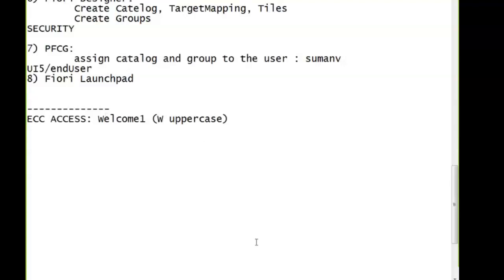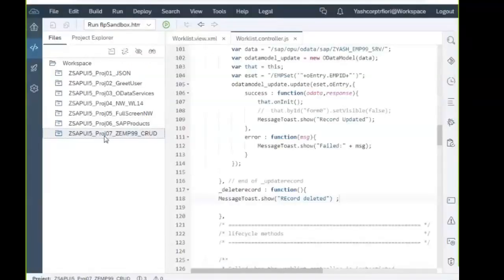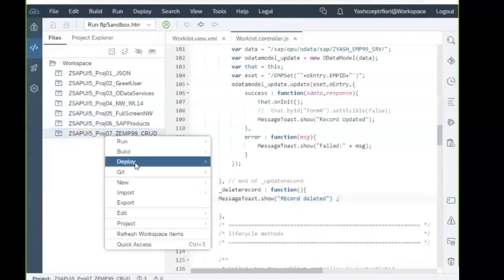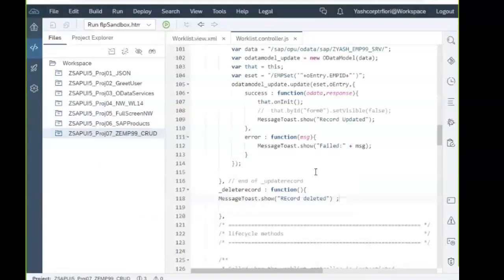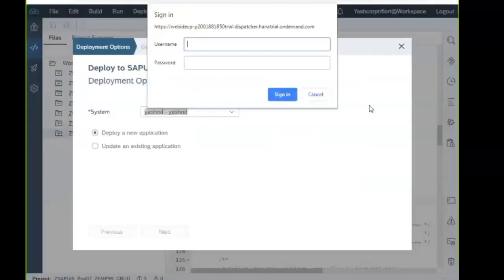So meanwhile, what I'll do, I will deploy the application to the backend. Right click on the application, deploy to SAP UI5 ABAP repository. So it connects to my system, I mean our system.